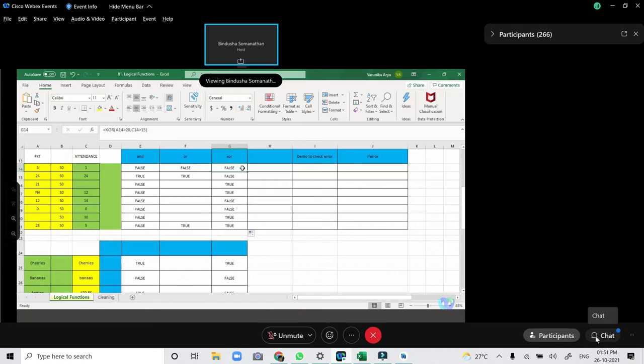Let's say you have a set of people in your team. Somebody scored good in your PKT, somebody scored good in your attendance. And you want to put your people through some refresher training or maybe leadership learning, and you want to categorize them. So those who are good in PKT will do one type of training, those who are good in attendance will do some other type of training.